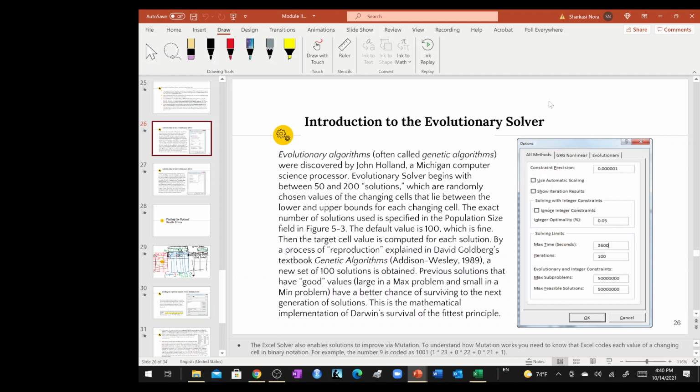The evolutionary solver begins with between 50 and 200 solutions. This is how it begins: randomly chosen values of the changing cells that lie between the lower and the upper bound. So when we set up the lower and the upper bound of the assignment, for example, to be between $0 and $30, it will pick 20, 50, or maybe all of them as a random